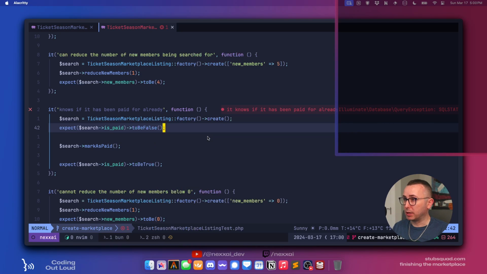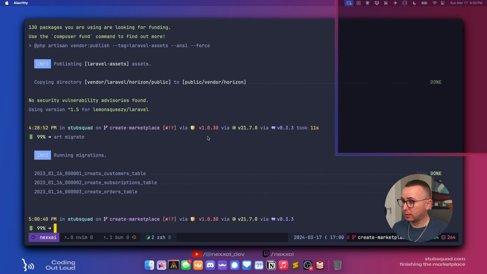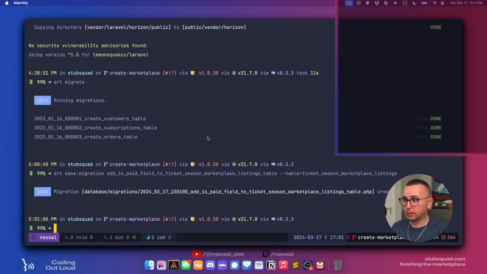Oh, we actually have to make a new migration here. Art, make migration, add is paid field to ticket season marketplace listings table. Table equals ticket season marketplace listings.